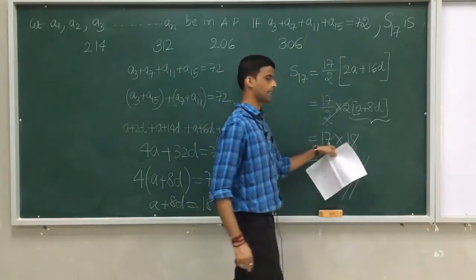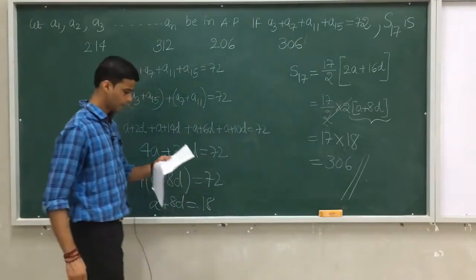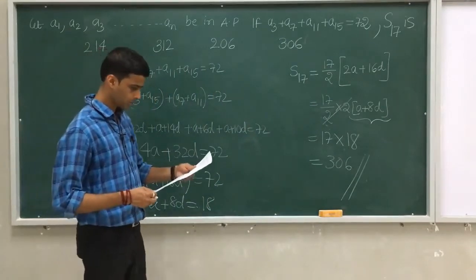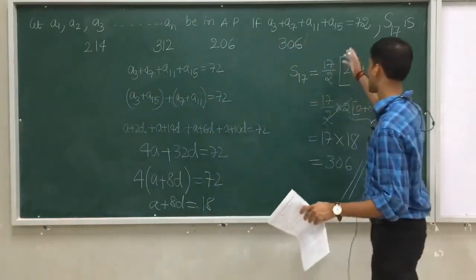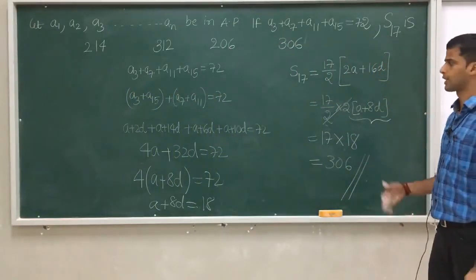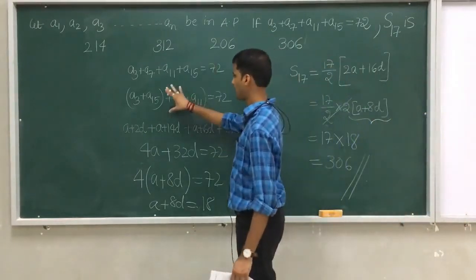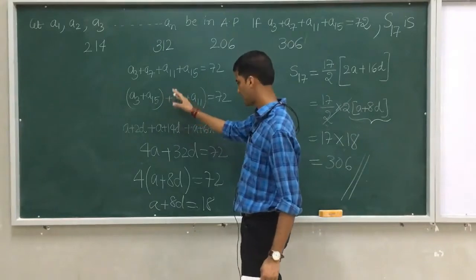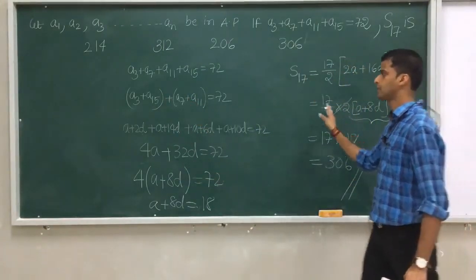Just check 17 18s, you will get 306 only. So 306 will be the right answer, which is option D. If you do more and more practice, you will be able to get such techniques. I have just made some groups and then dragged this solution. So all you need is your strong logic.